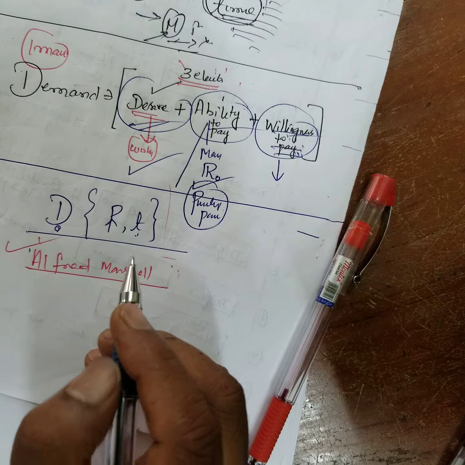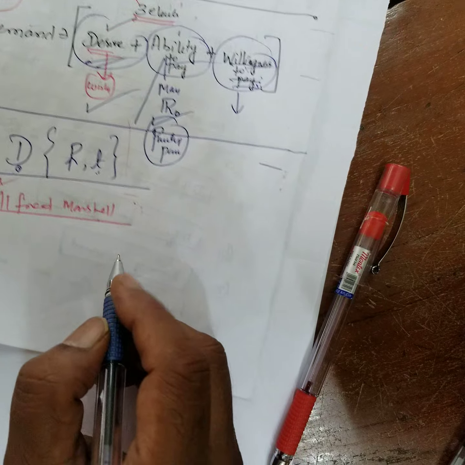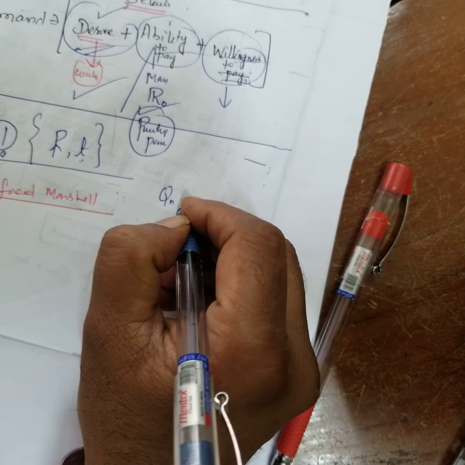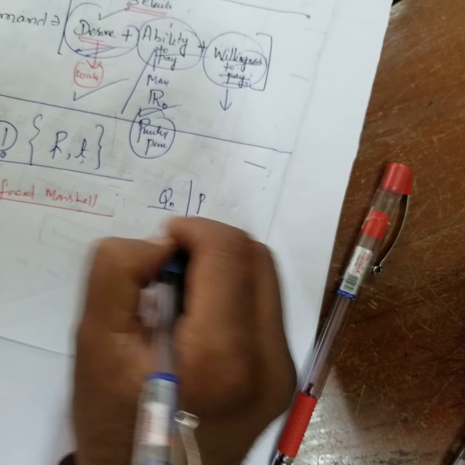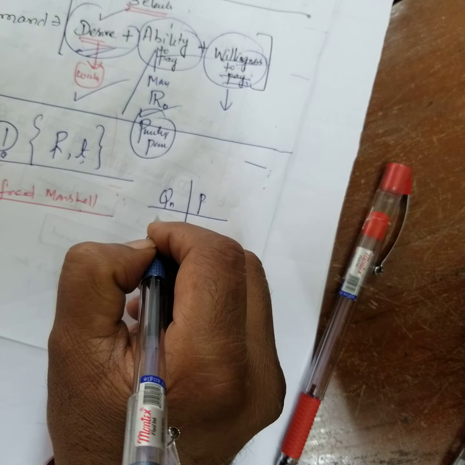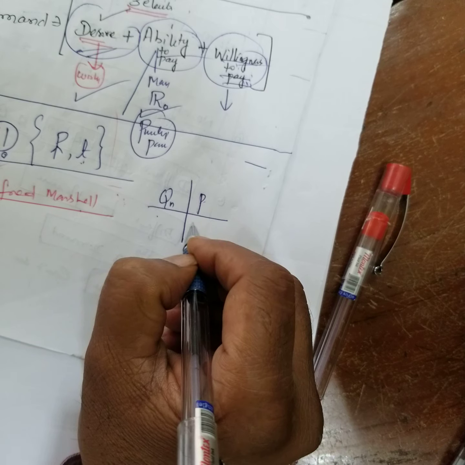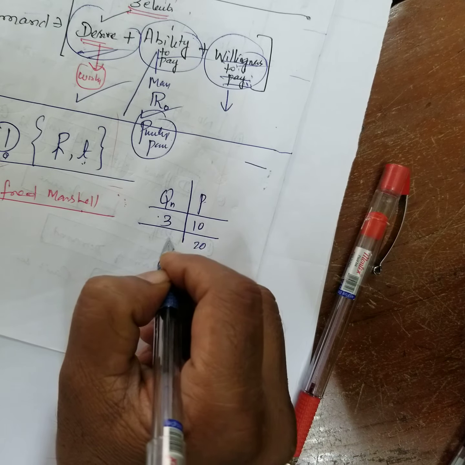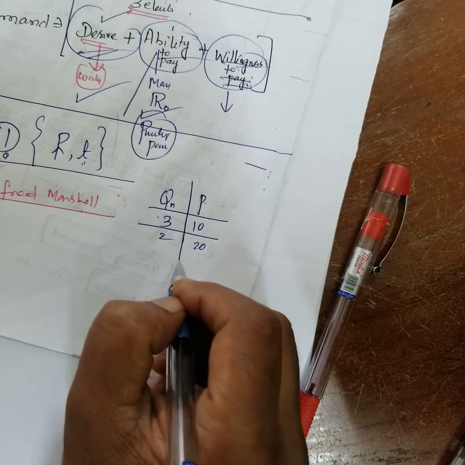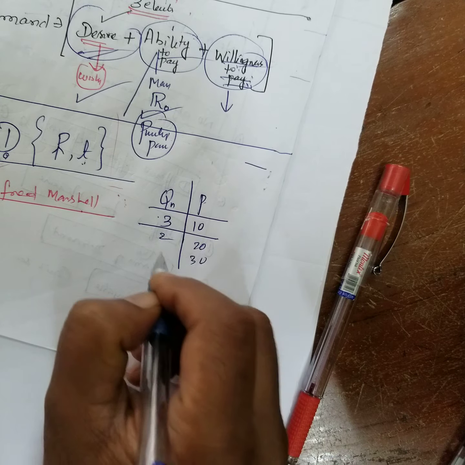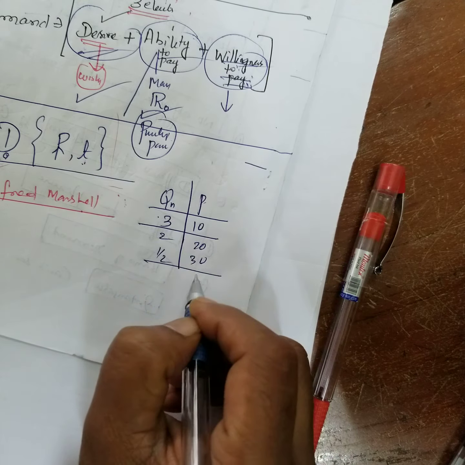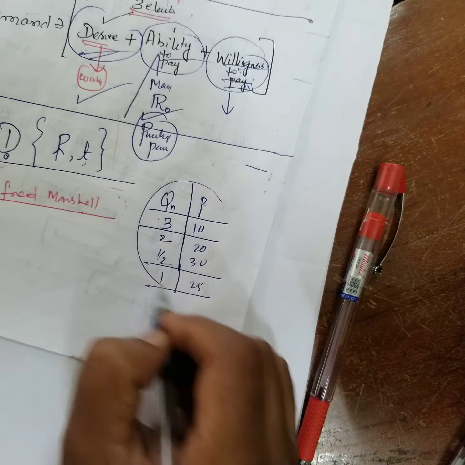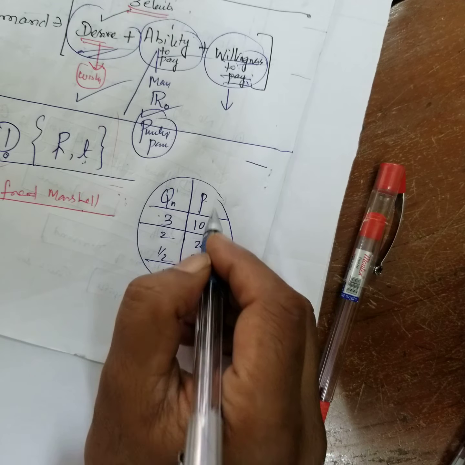Say for example, take a schedule. Suppose you have the quantity of demand and the price. Suppose if the price is 10 rupees, you will buy 3 kg. If the price is 20, you buy 2 kg. If the price is 30, you buy half kg. If the price is 25, you buy 1 kg. Therefore, what do you observe from this? When the price is more,